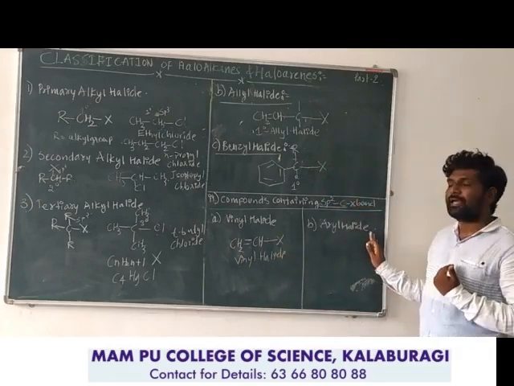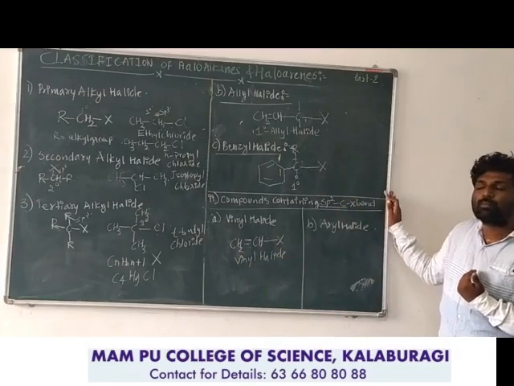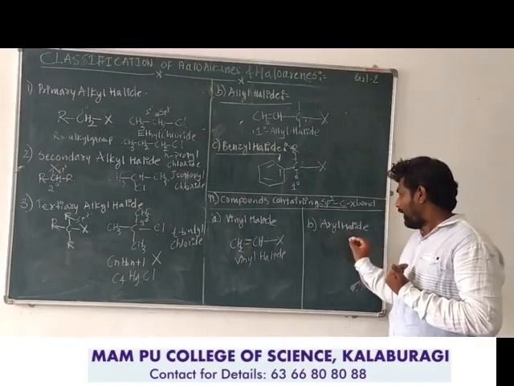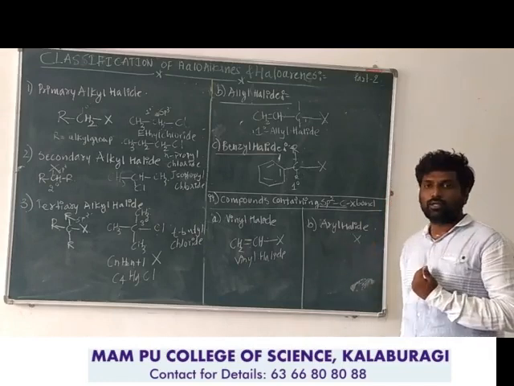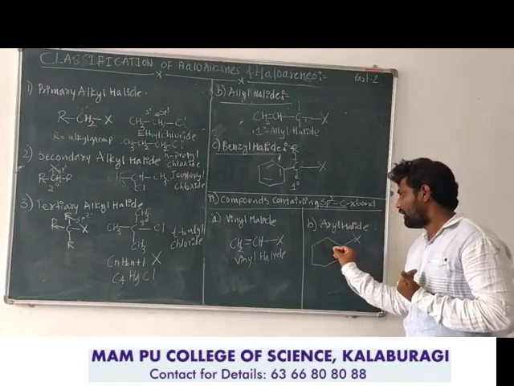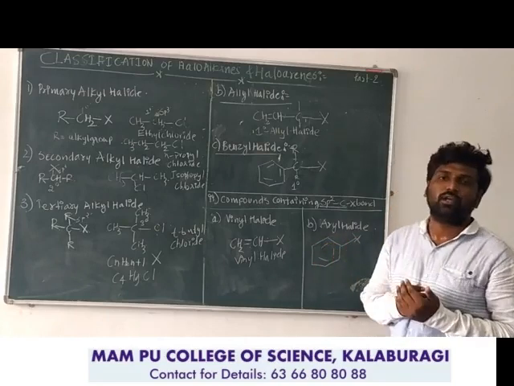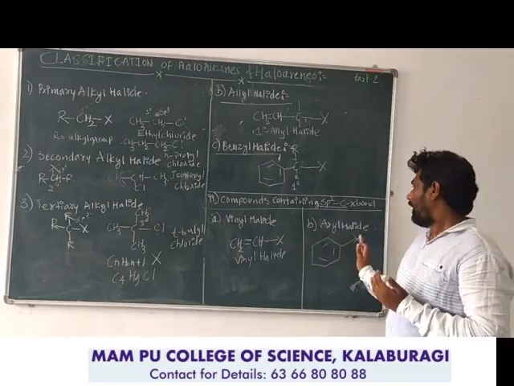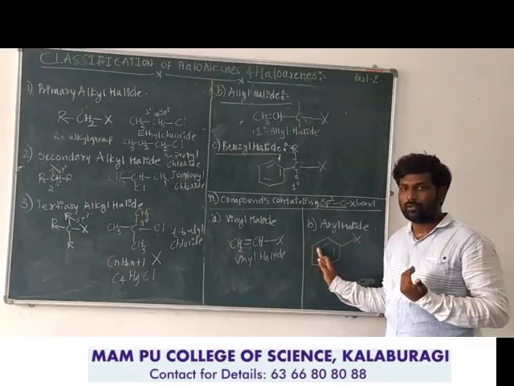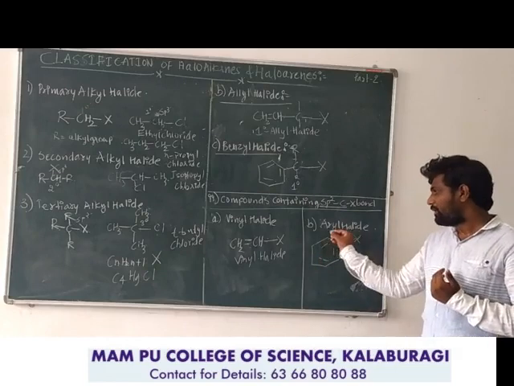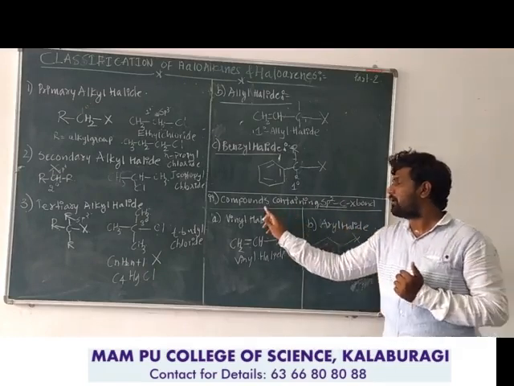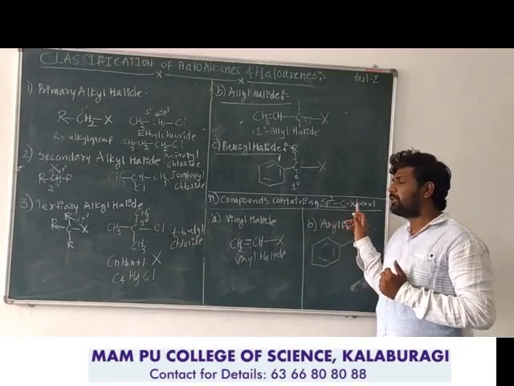Similarly, aryl halide is the second class of the compounds containing sp2 C-X bond. Here, the halogen is directly bonded to the sp2 hybridized benzene ring. As we already went through yesterday in the definition class, if the halogen is directly bonded to the benzene ring, then it will be considered a haloarene. So haloarene can be named as aryl halide according to the common system, that will be coming under compounds containing sp2 C-X bond.